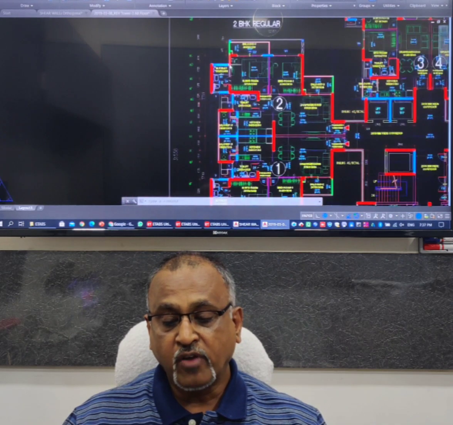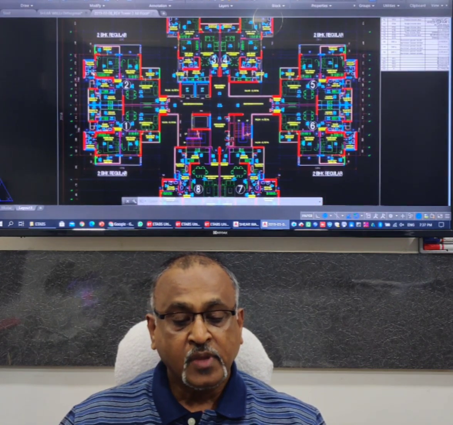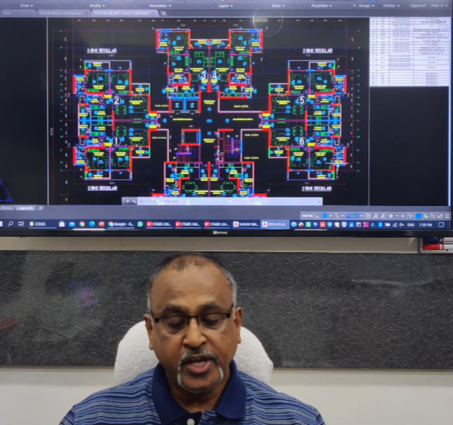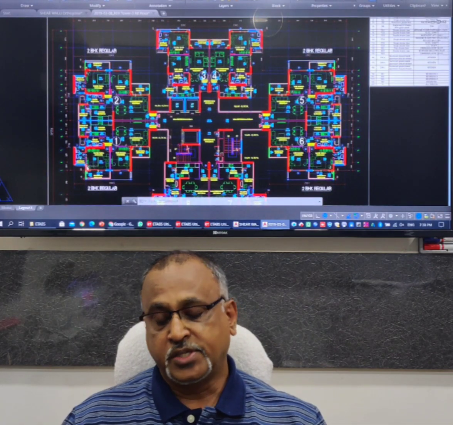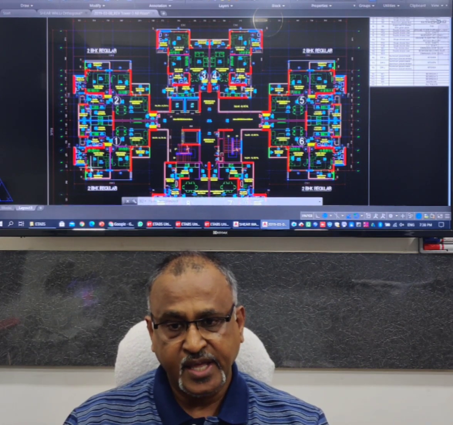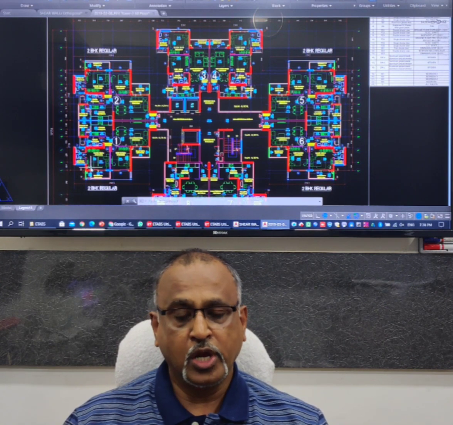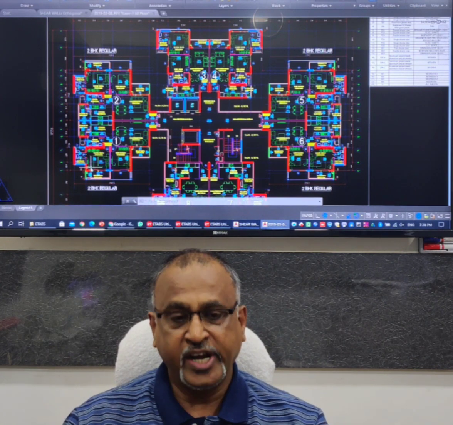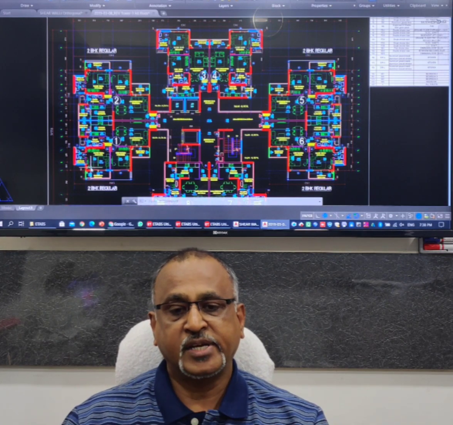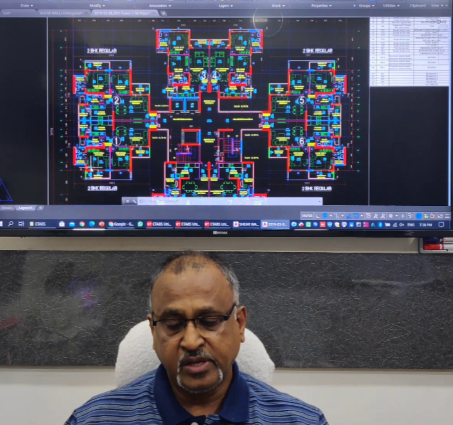Now this only one will not help. I require this at all four corners. I will add it here, I will add it here, I will add it here, and I will add it here. This is an iterative process. I also needed a number of iterations, and then I came to this conclusion. Be patient. You will have to do a lot of iterations, and every time you will have to check the center of mass and center of rigidity. And center of mass and center of rigidity alone cannot solve it. You also need torsional stiffness.